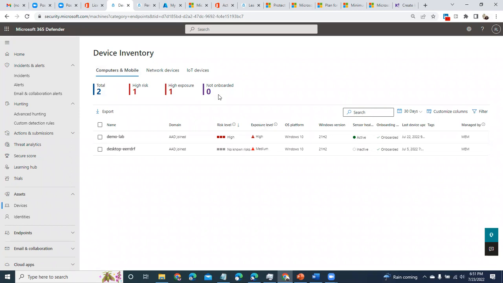So that's when you will see numbers come up here. Because of the sensors that exist, it can do device discovery across your network and help you pick shadow IT: undiscovered, unrecognized, unprotected devices in your environment. It can help you pick them.